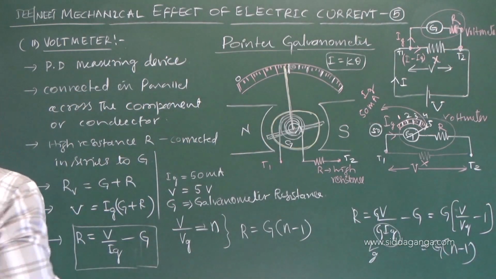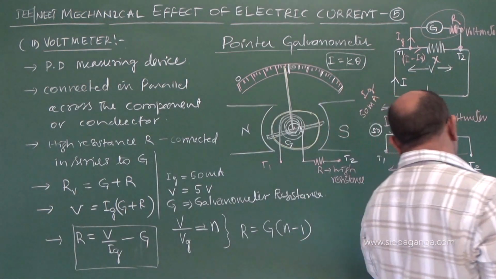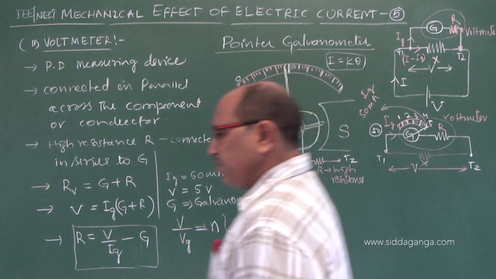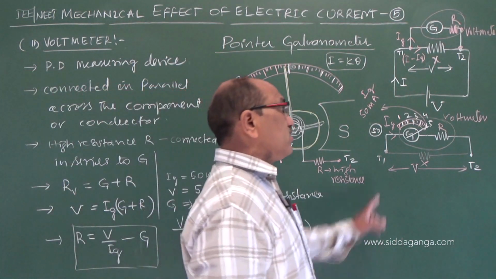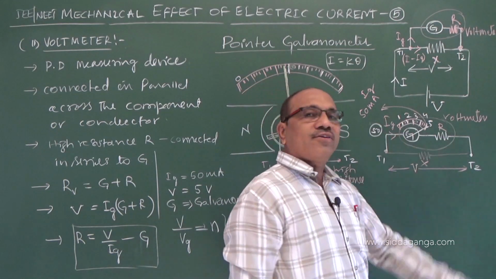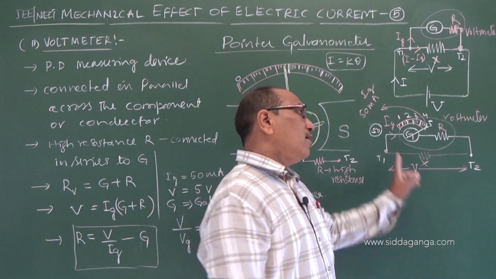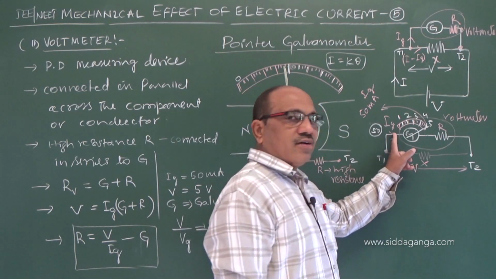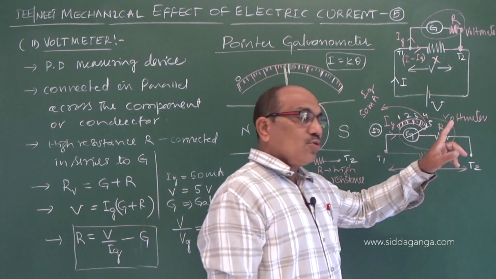If they give the range, using that range you can estimate it. So what is the resistance of an ideal voltmeter? It means infinity. It should not draw any current at all. 99% accurate may not be enough, 100% accuracy is required. Current should not be drawn, so G plus R should go to infinity.